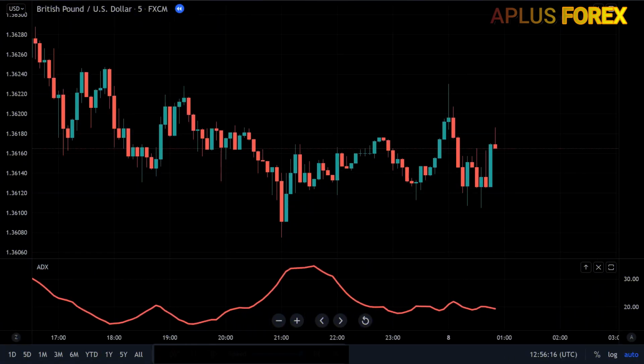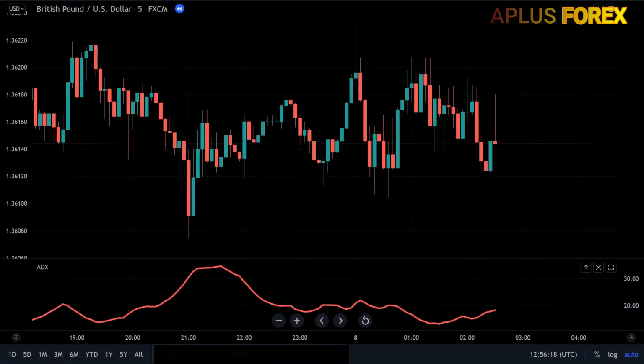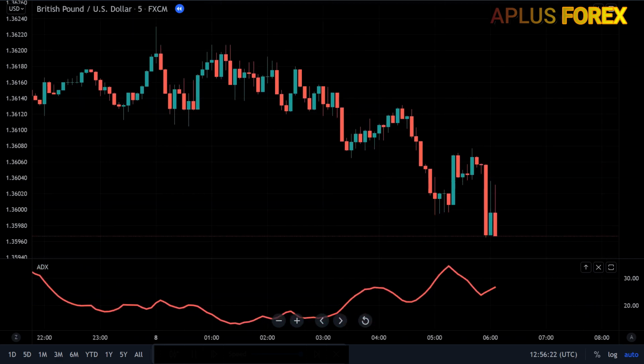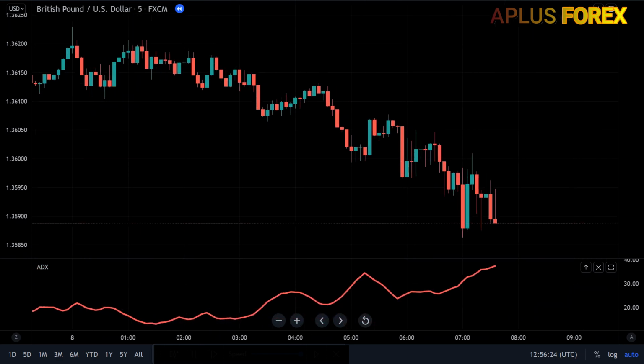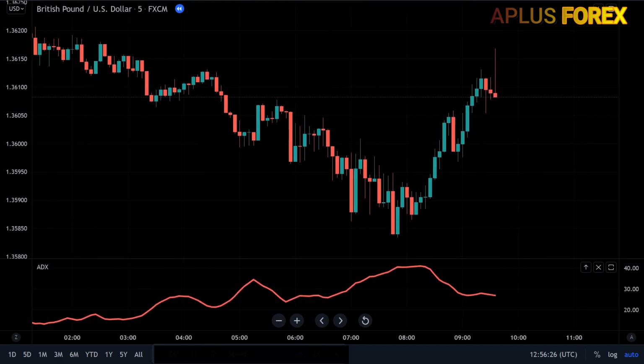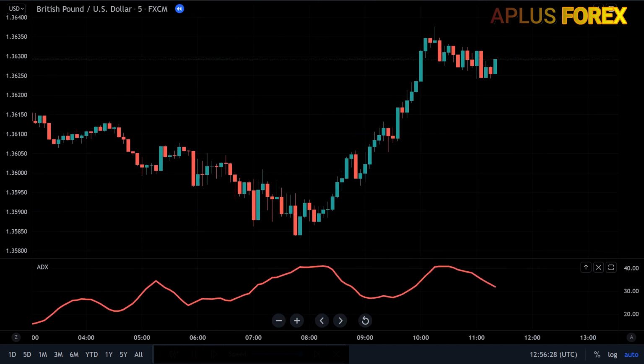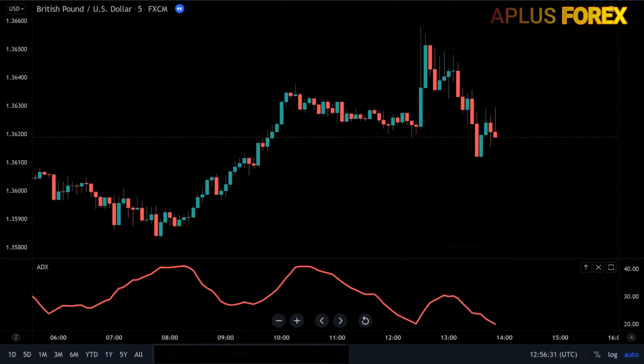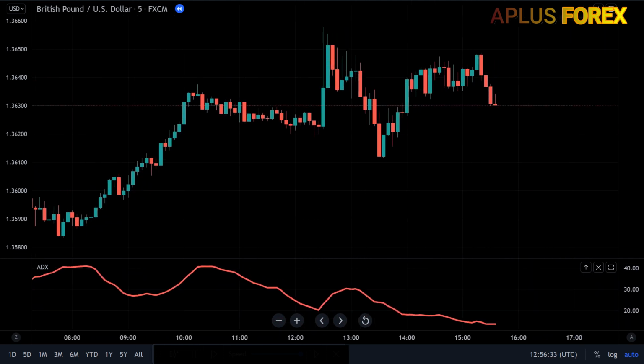A common misunderstanding is that a falling ADX line indicates a trend reversal. A dropping ADX line merely indicates that the trend strength is weakening, not that the trend is reversing, unless a price climax has occurred. It's preferable to think of a declining ADX line as simply less strong as long as ADX is above 25. The ADX indicator clearly shows when a trend is gaining or losing momentum.